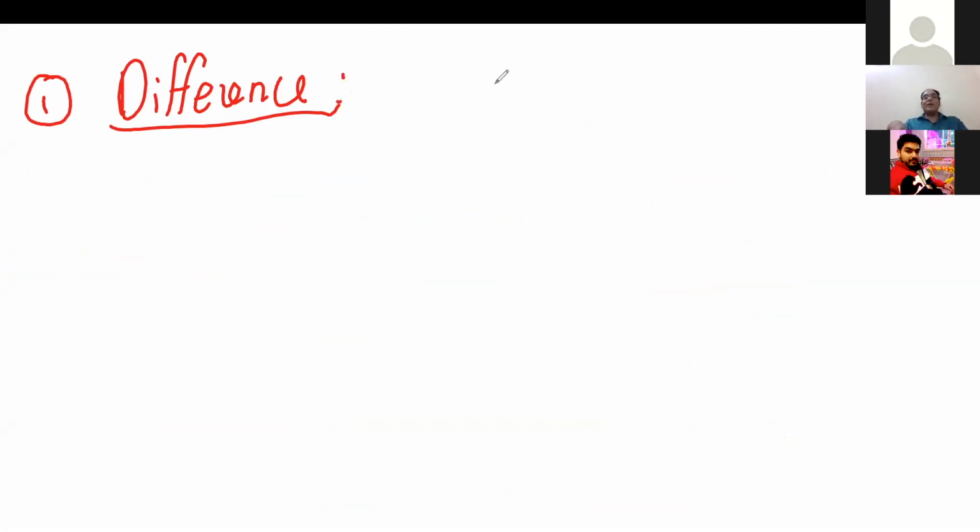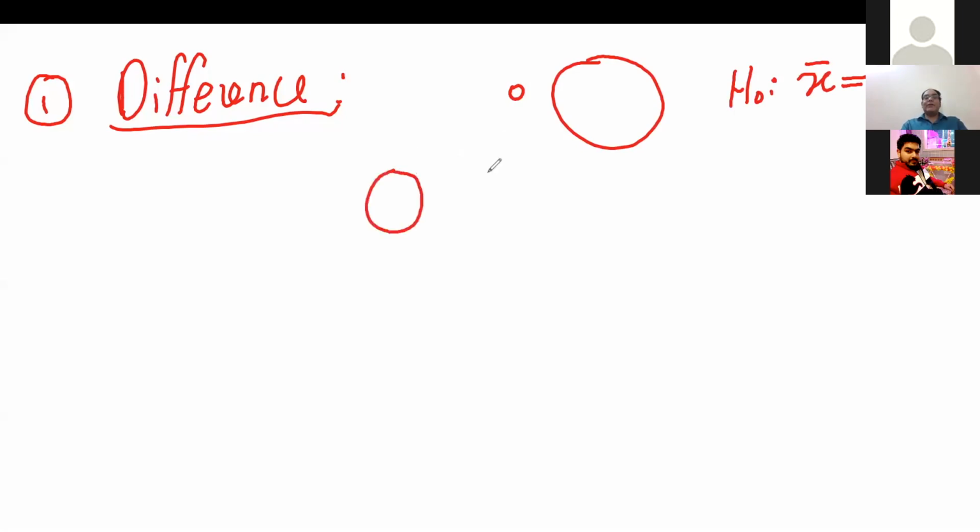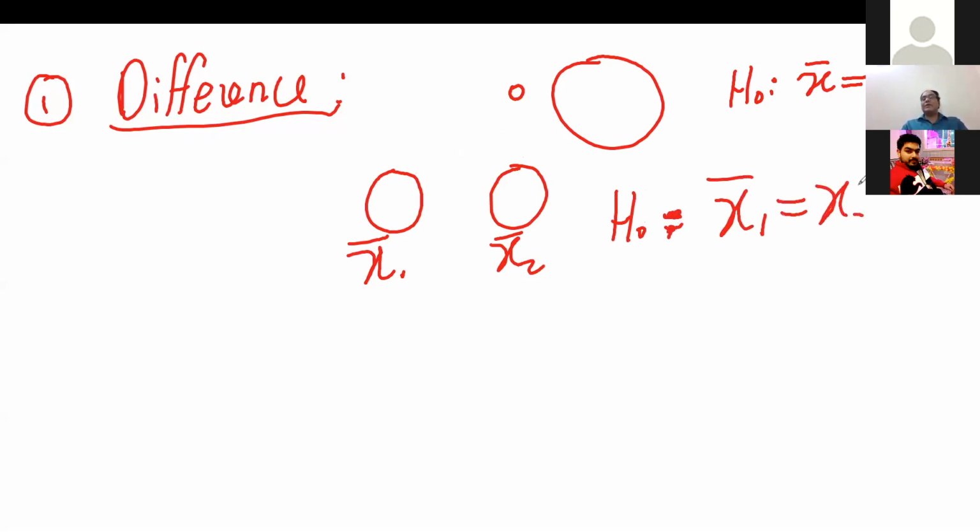Suppose I want to check whether the mean of the population is equal to the mean of the sample. So my null hypothesis is that the sample mean, which I express by x bar, is equal to mu. Mu is population mean. Sometimes I will check whether the mean of two different samples. This is x1 bar, this is x2 bar. Here my null hypothesis is that x1 bar is equal to x2 bar,